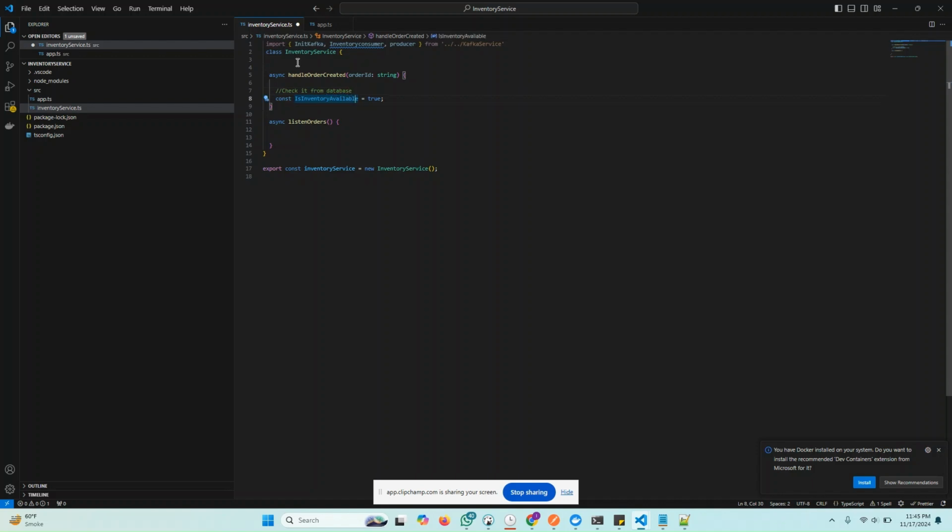I mean, in future we will write the logic to calculate the available inventory from the database, and if the inventory is available, then